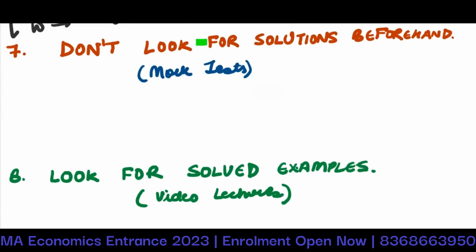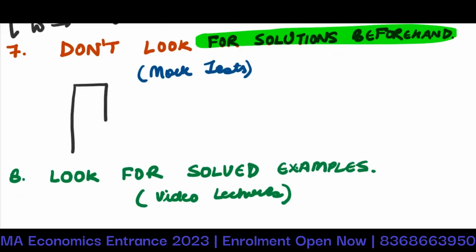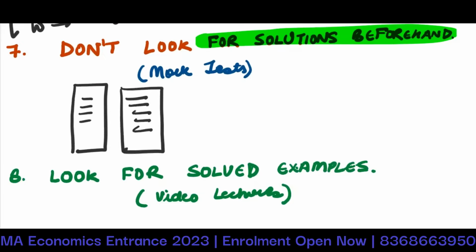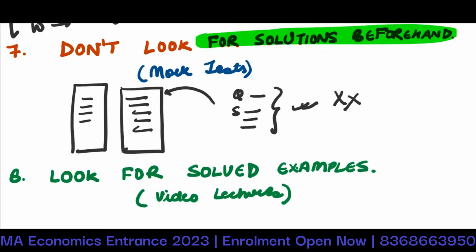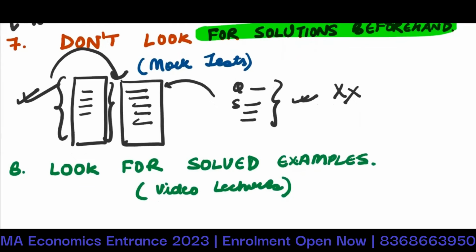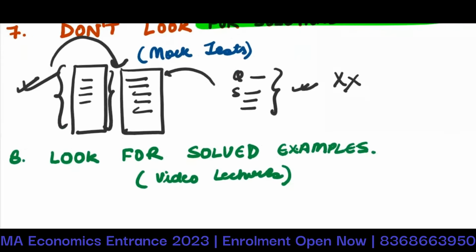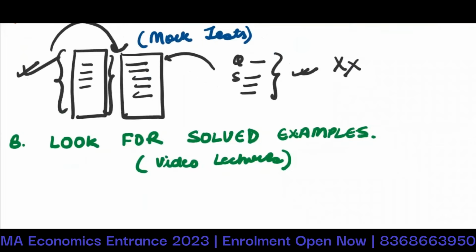Don't look for solutions beforehand. I have seen a lot of students have this tendency. So for example, when we give you an assignment and then we post the corresponding solutions, people will directly look out for the solution, see the question, see how the answer looks like, and done. This is not the way to practice. You should first try all these questions yourself. If you are stuck, give one more try, give another try, then look at the answers. And I'm saying answer, not complete solution. See what the answer is, then try it yourself.